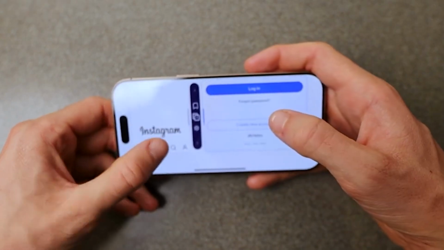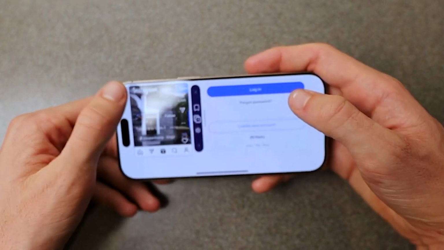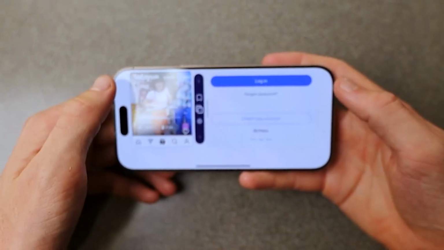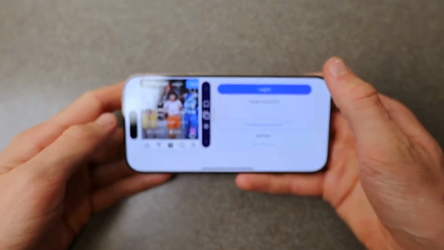It's really easy to use, and you can easily scroll through Instagram Reels and Facebook at the same time using this app. I've been using it for a while now, and honestly, it makes my life a lot better. So yeah, I just recommend using this